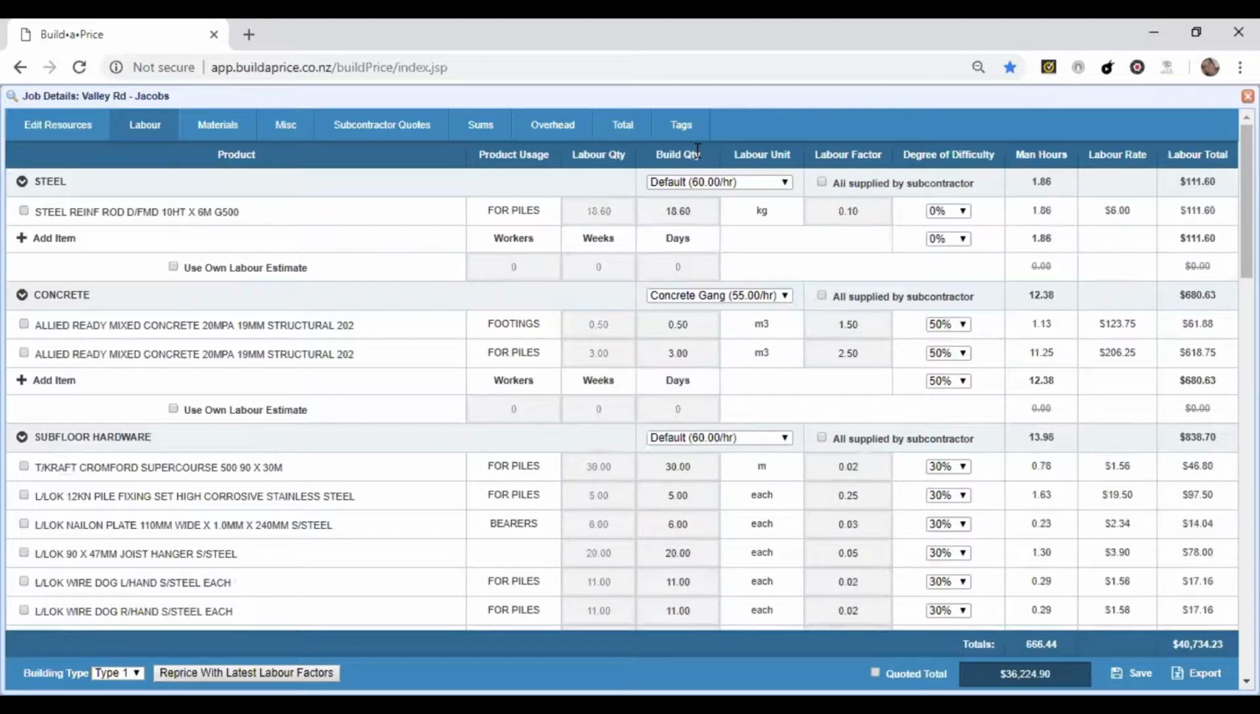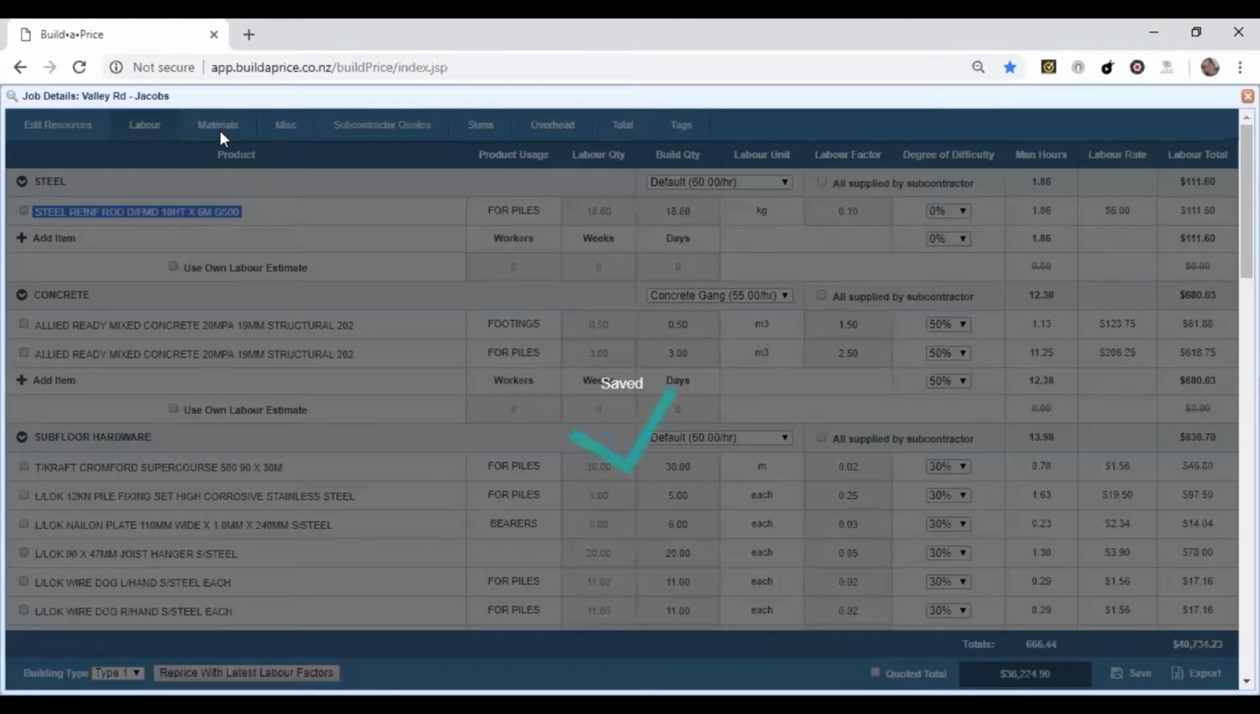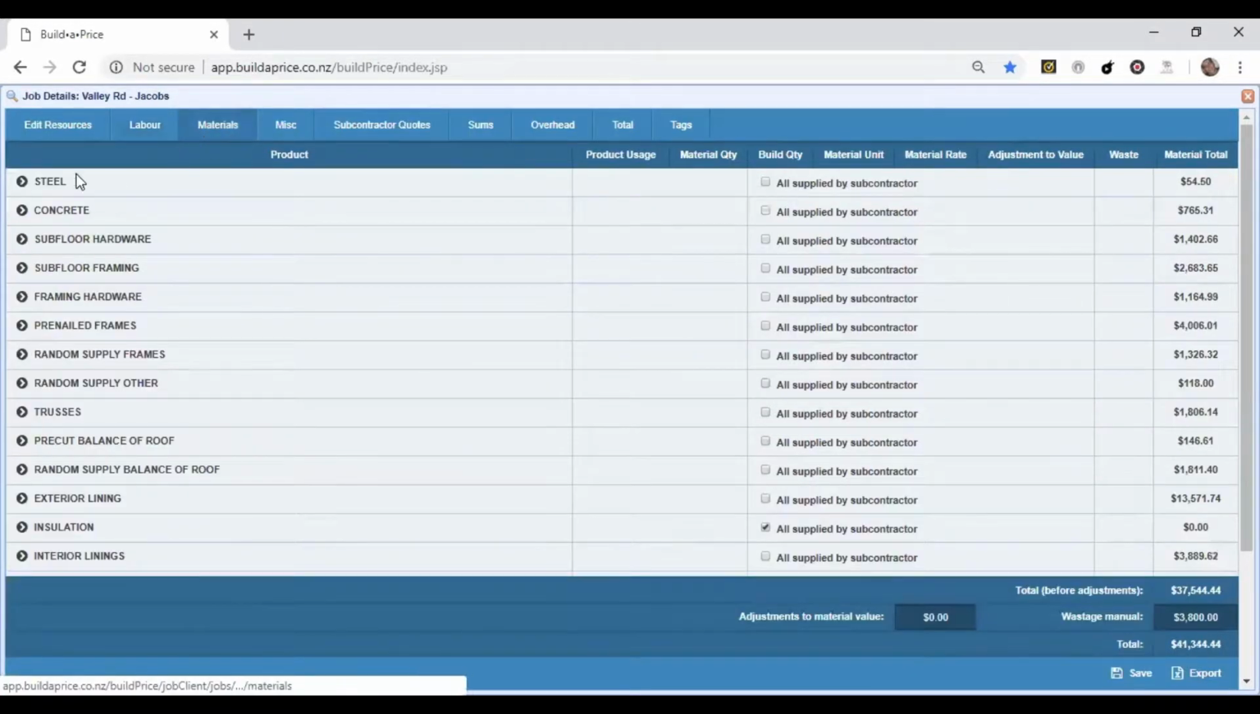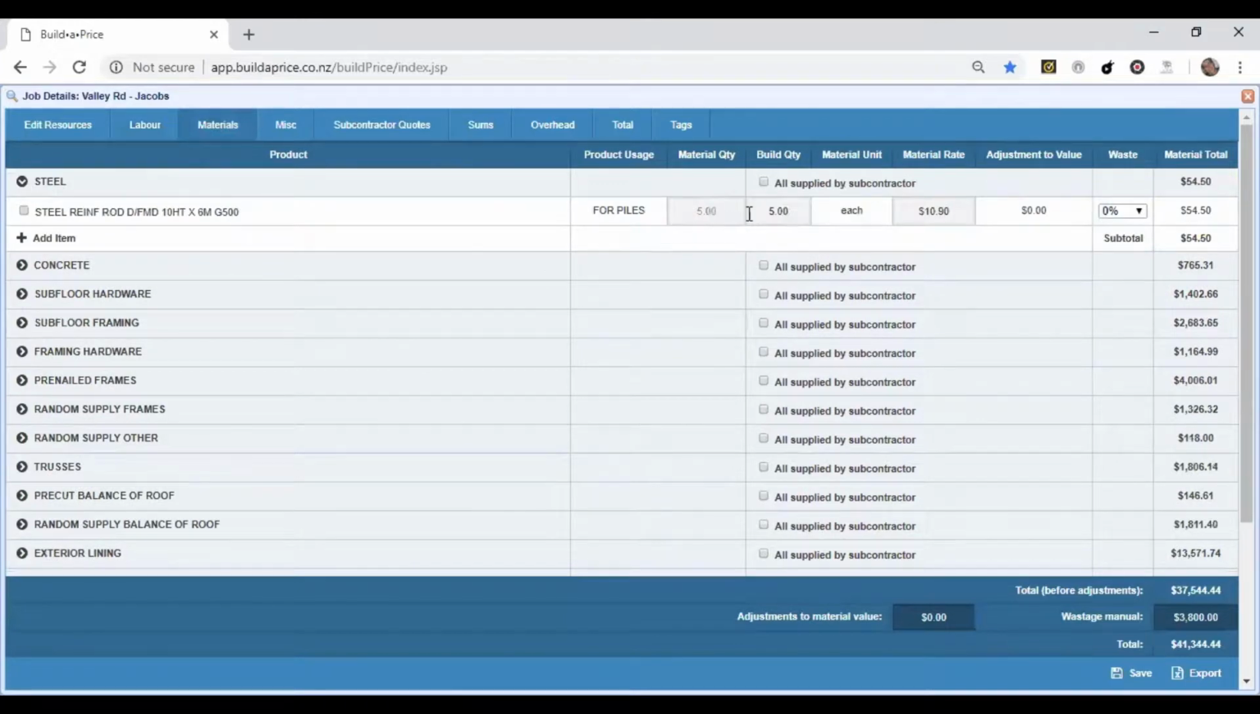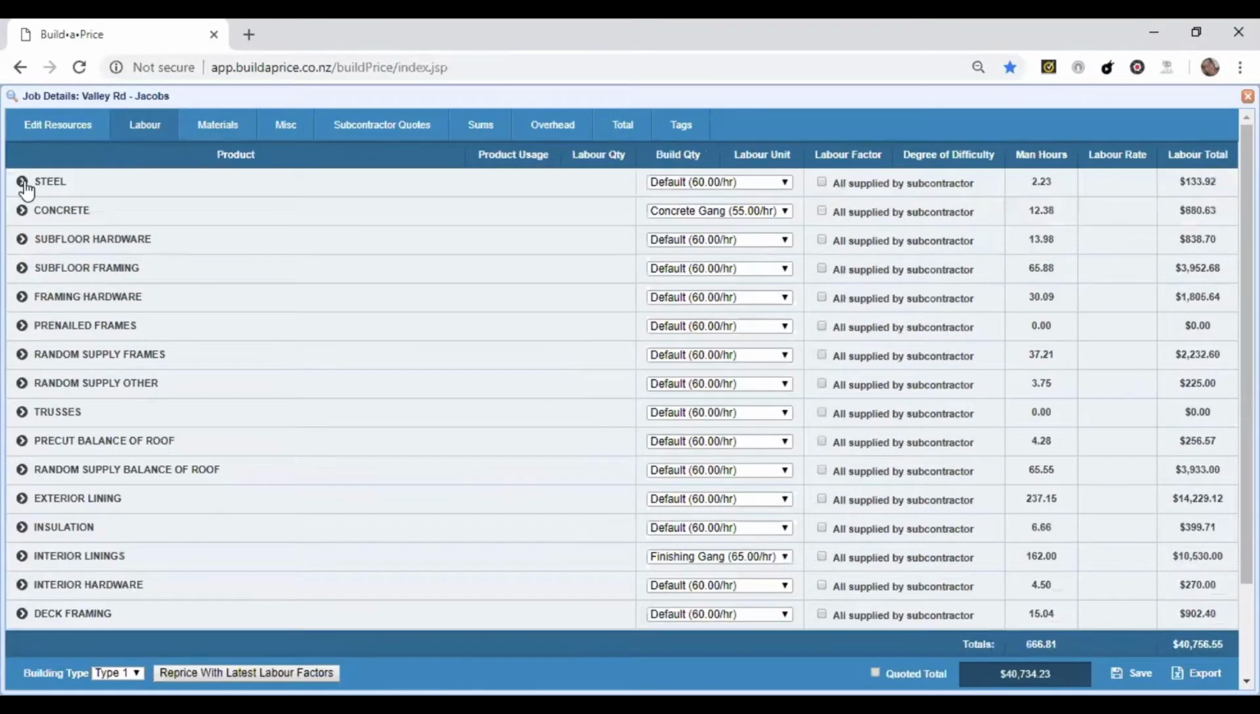Steel, for example, here we can see we have 18.6 kilos. If I add just 1 kilo to build quantity, make 19.6, I'm adding just 1 kilo of steel. If, however, I go to the materials tab and look at steel, we can see that we're actually ordering it in 6-meter rods. We have 5 6-meter rods. I'm going to add 1 6-meter rod. We'll jump back to the labor tab, and we can see that the labor has now been calculated at 22